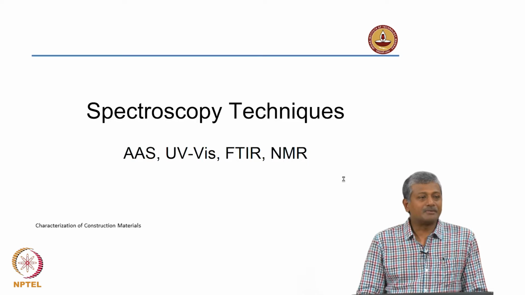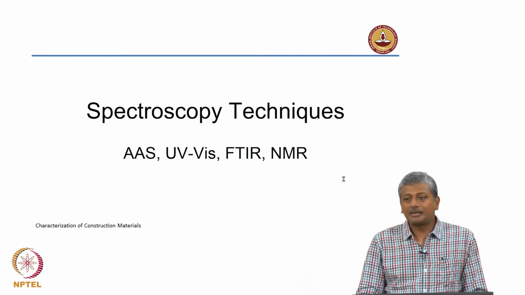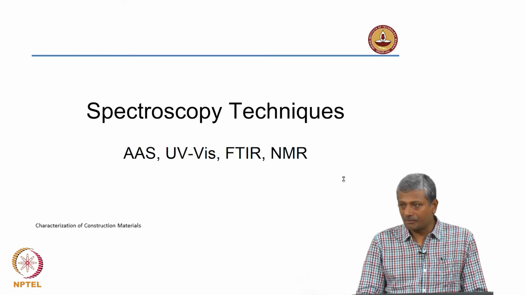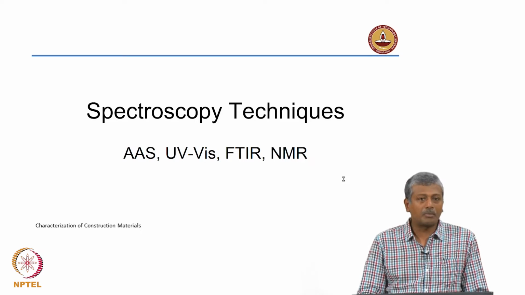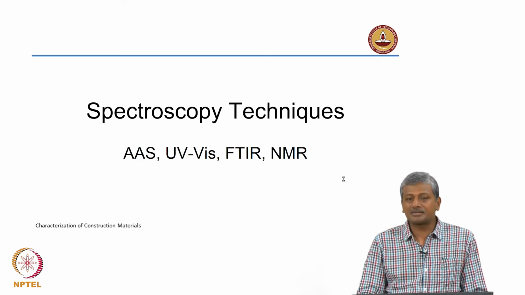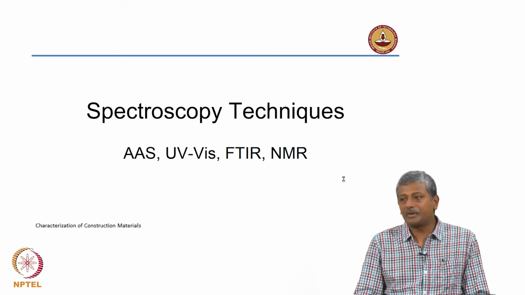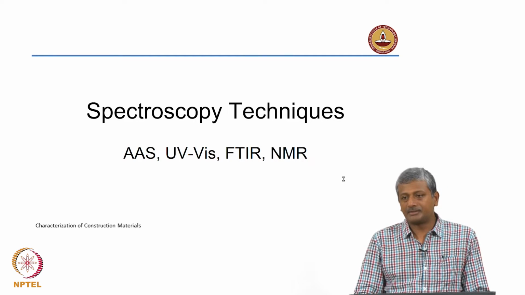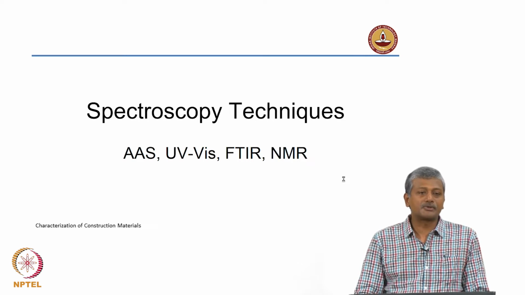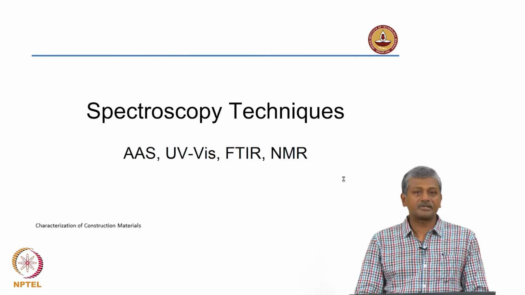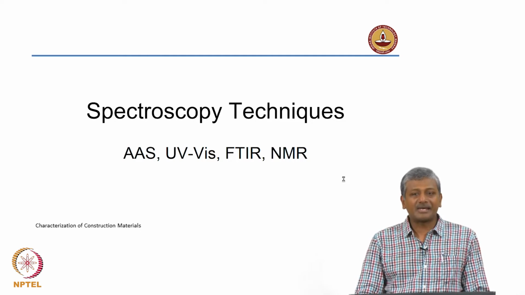Now, spectroscopy is a broad name which is given to any technique that uses some characteristics of the electromagnetic spectrum, right. X-ray spectroscopy or X-ray diffraction uses X-rays. X-rays are one part of the electromagnetic spectrum. They are very high energy rays, but apart from X-rays there are several other types of rays that make up the electromagnetic spectrum. We talked about optical microscopy that uses visible light, right. So, even that light microscopy is also some sort of a spectroscopic technique. You will see later when I define the kind of interactions that are possible in spectroscopy that all these techniques feature one way or the other in the spectroscopy techniques.